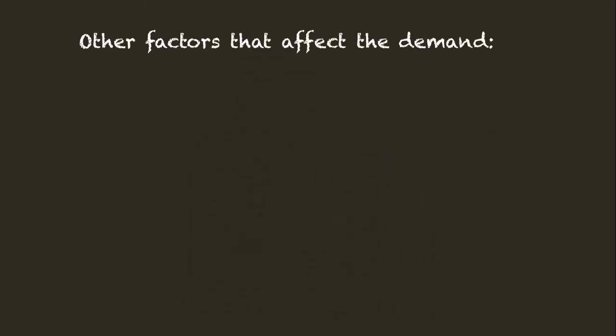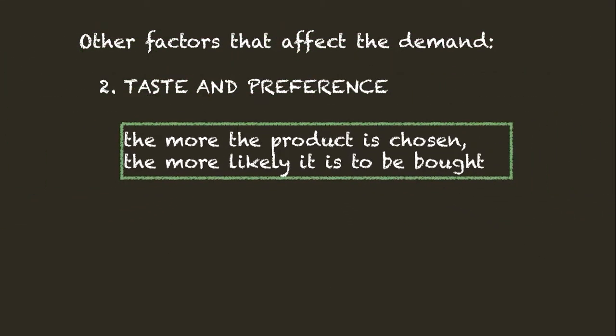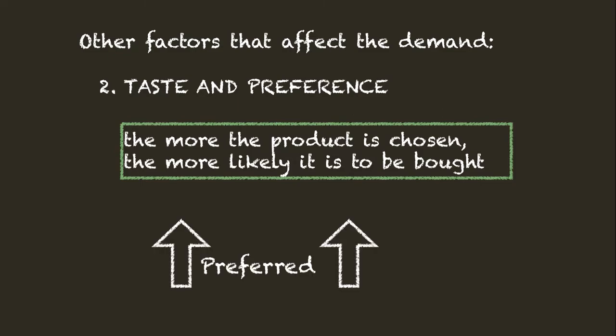Second factor is what we call taste and preference. Here, the demand of a certain product would increase as it is more chosen by the consumers being targeted. Example, youngsters would prefer buying Nike products because they feel liking it. They feel that it would suit their taste. That's why the demand for Nike shoes for youngsters would definitely be a lot. So the more the product would be preferred, the more possibility that the quantity demanded would also be increasing.